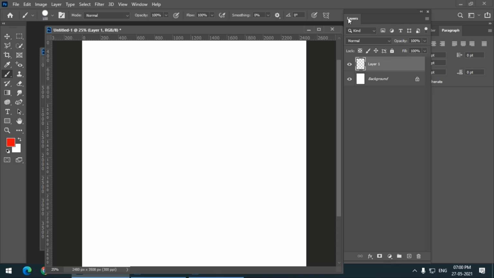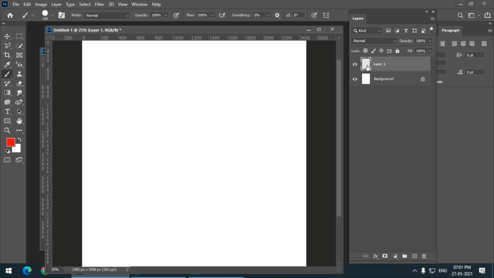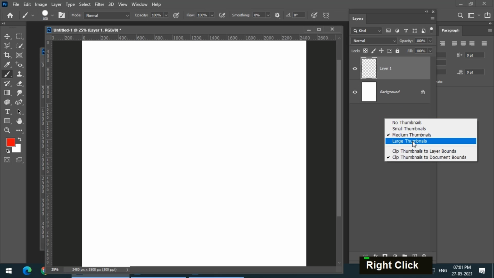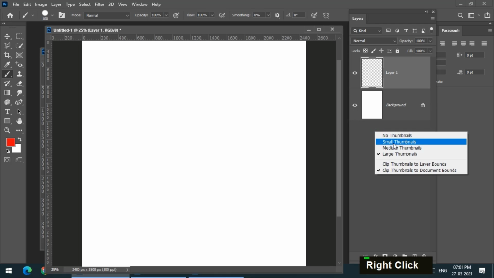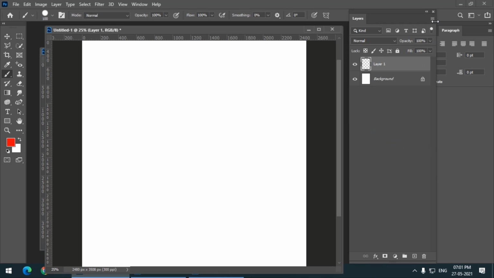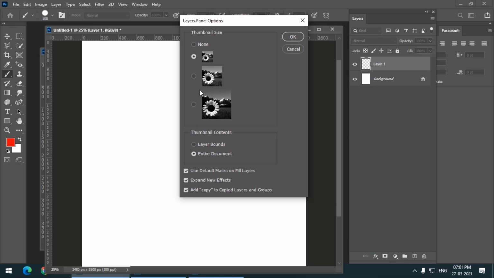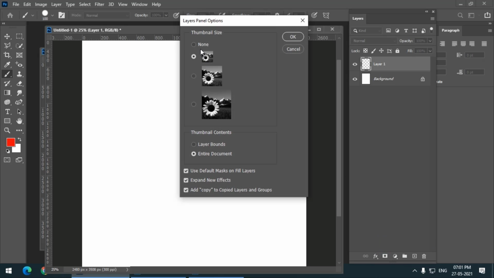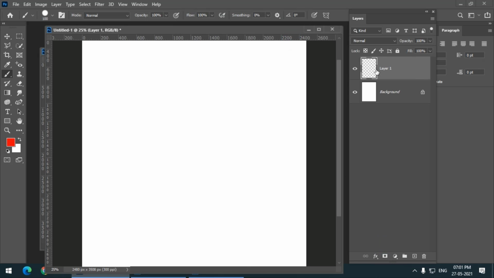So we have the layer option here. These thumbnails are a bit smaller right now. If we want larger thumbnails, you can simply right click on the empty space on the layer panel and increase the thumbnail size. If I want a small thumbnail, we can also get this by clicking over here on these 4 lines and the panel option. If you don't have any empty area left, you can simply click over here and go to panel option. You can change the thumbnail size.